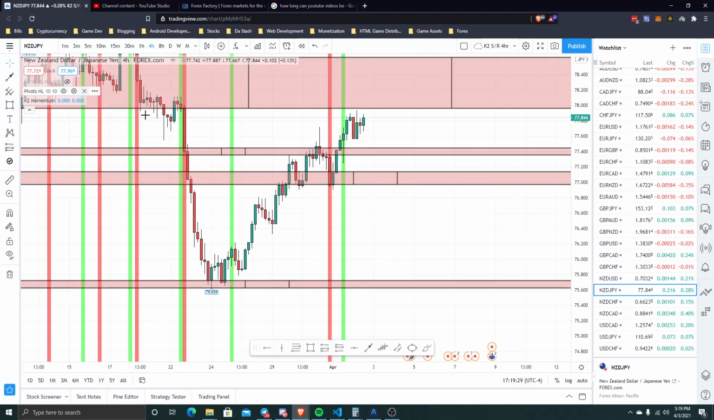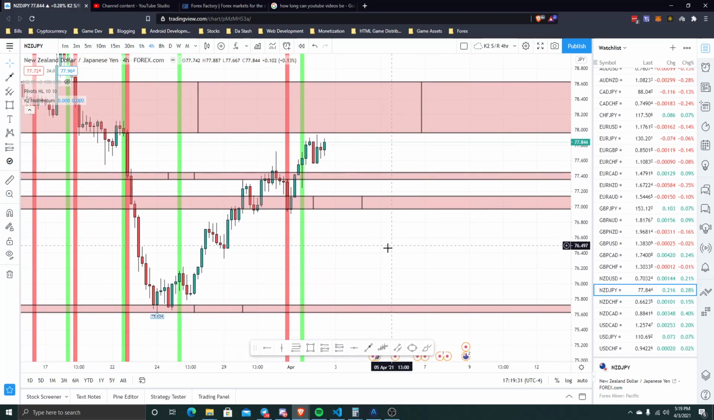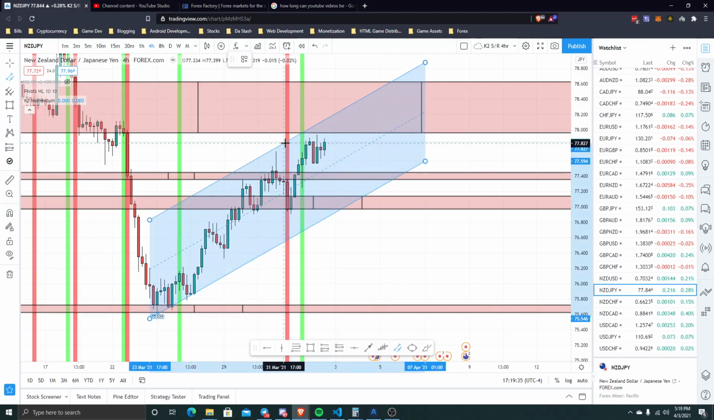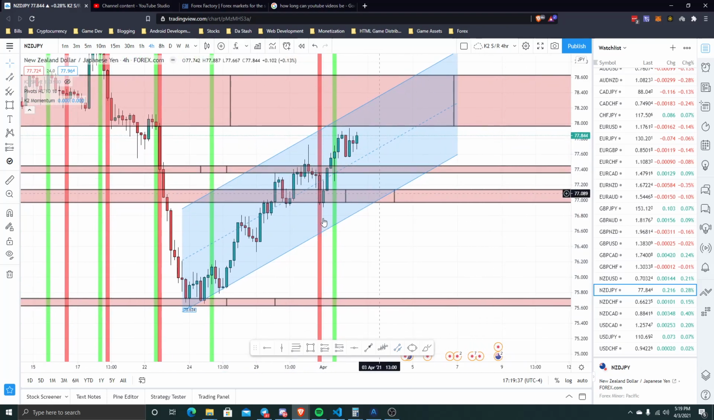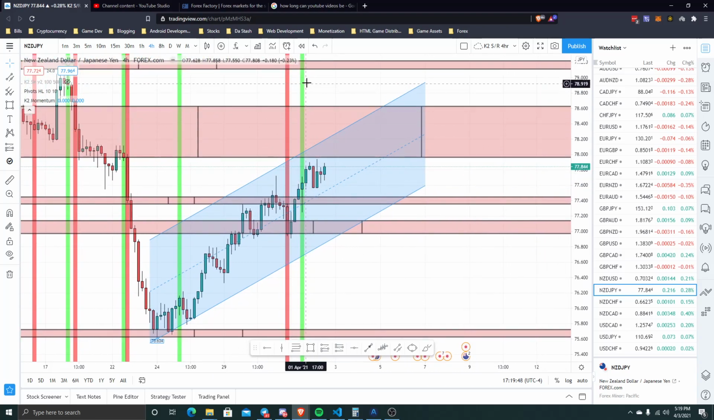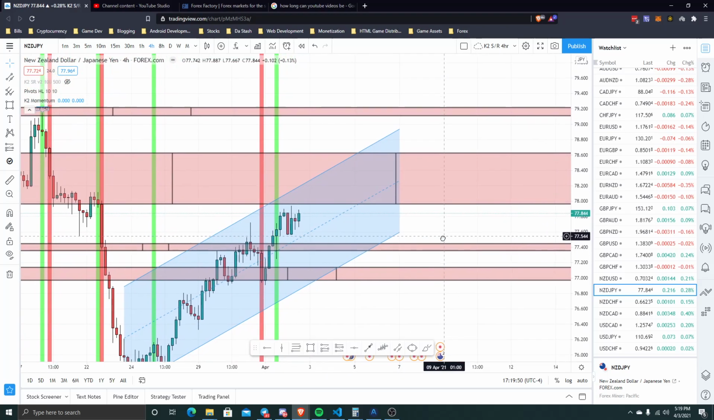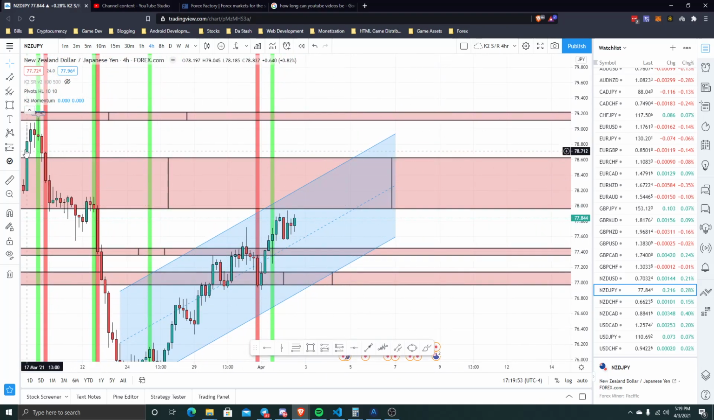Alright, so for Ncd Jpy, if we draw this channel right here, you see it's continuing to the upside here. And it's been doing that for quite a bit, maybe like 2 weeks now, almost. So right now we have this current bullish bias. So if price breaks above this zone right here,